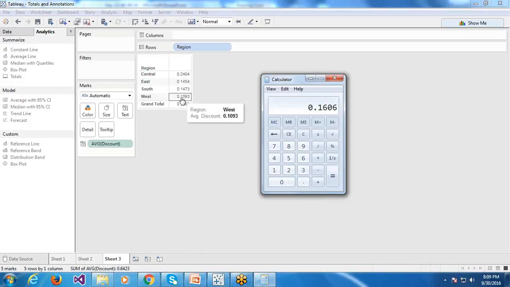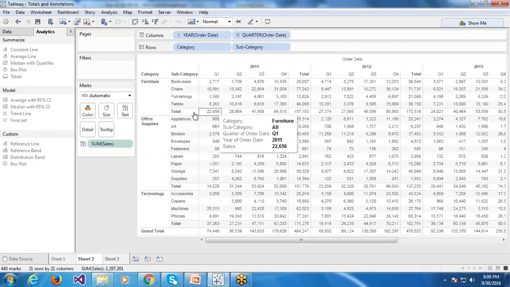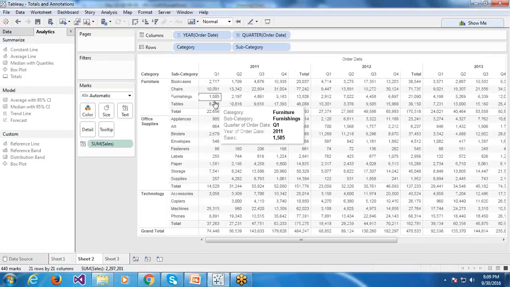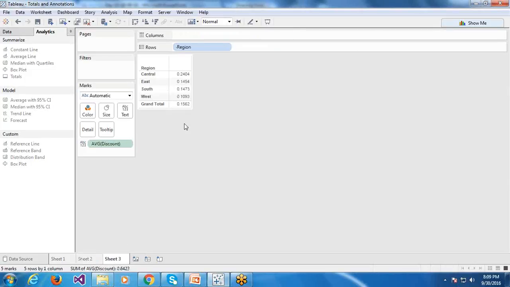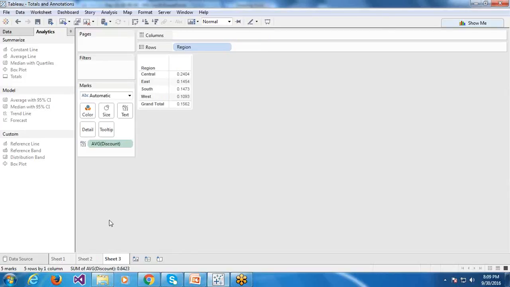So for the discount, whatever the column is, it takes all the values, sums them, and divides by the count of rows. In the case of sum we cannot identify this because it will match; sum, addition and subtraction are always okay. It works like that in this case also, but we cannot identify it. So that is how it is applied by default.